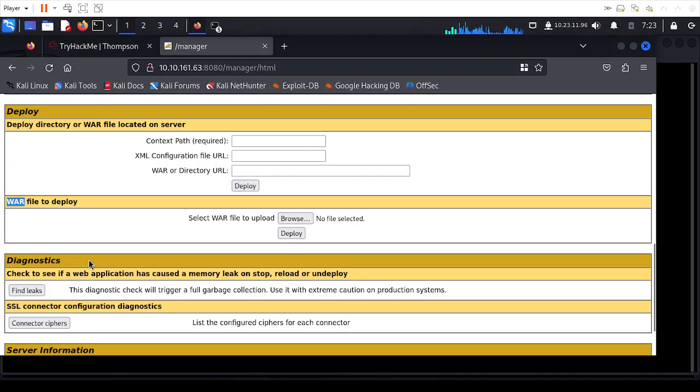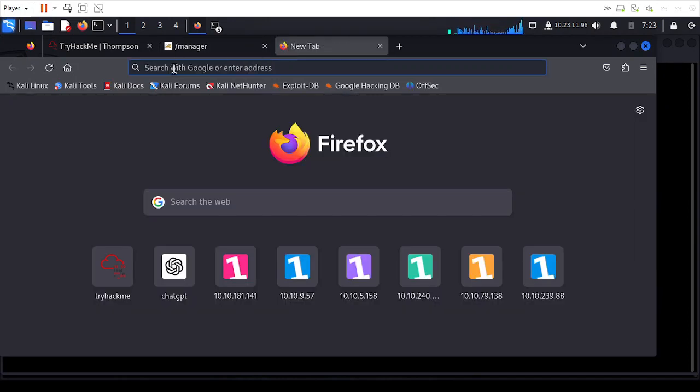So a WAR file is just a web application archive, which is a package used to distribute a web application in Java. So it's essentially just a compressed zip file with a .war extension that bundles everything required for the web app to be deployed on a Java servlet container or a web server, such as Tomcat, which is here. So what we'll do, we'll look for a payload which has the .war